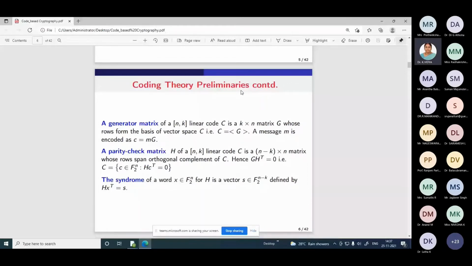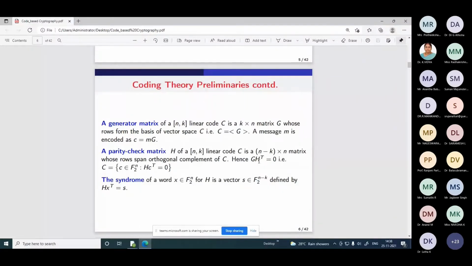So that is the generator which generates all possible code words. The parity check matrix is a matrix which generates the orthogonal complement of the code. That is, the parity check matrix is the generator matrix of the dual code of C. When it's a dual code, it generates only the dual code of C. Therefore, when you multiply G times H transpose, it will become 0, because H is the generator matrix of the orthogonal complement of C, which is generated by G. So we have G H transpose equal to 0.